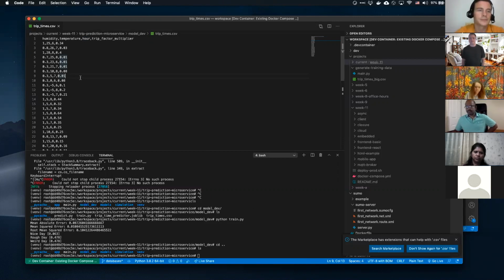Well, how do you get the trip factor multiplier? That's relatively straightforward, because we can run our ideal model like Sumo. Once we run our ideal model, we can ask how long the trip actually took.